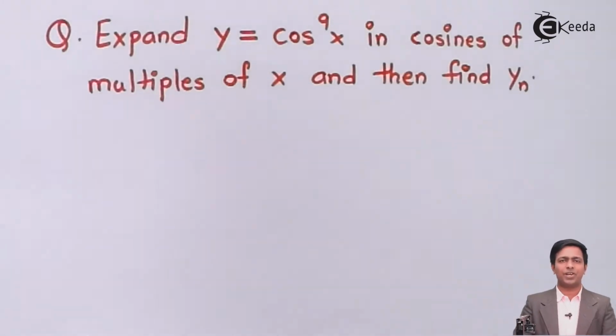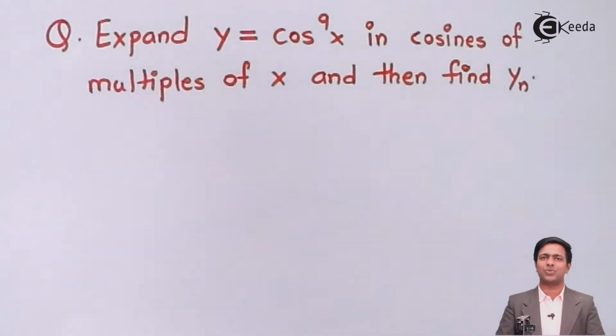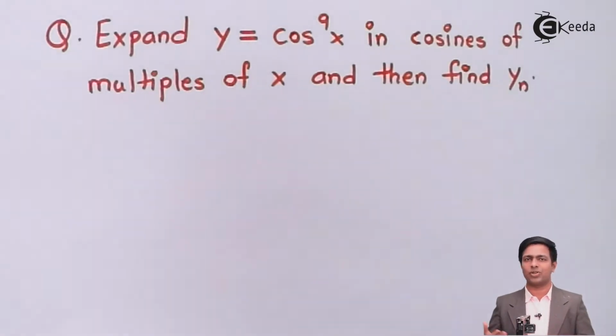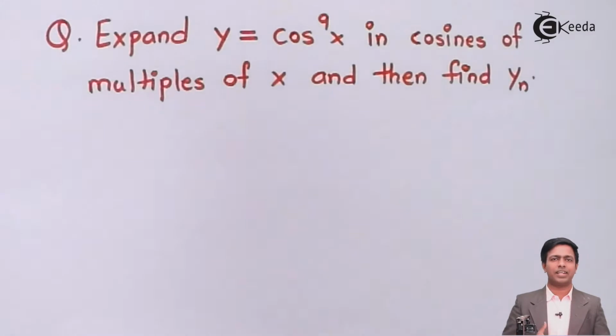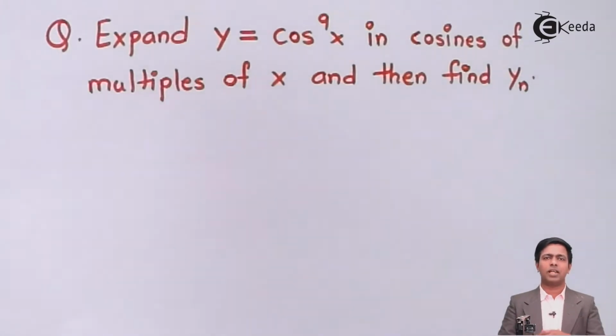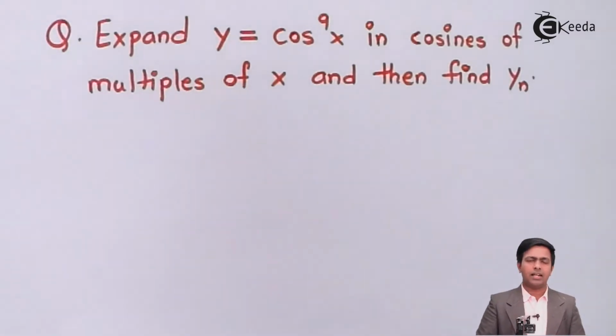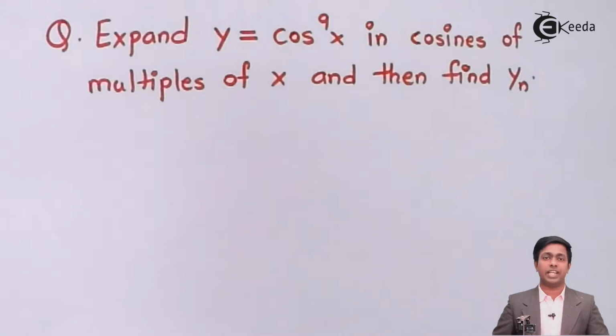One is we'll use trigonometry, so we'll divide this cos raised to 9 x term into parts like cos cube x into cos cube x, and then apply the trigonometric formulae, multiply with each other, and apply the defactorization formula to get the answer. So this is one of the ways. And the second way is we can use De Moivre's theorem to get the answer. So guys, I'm going to use the method of De Moivre's theorem.